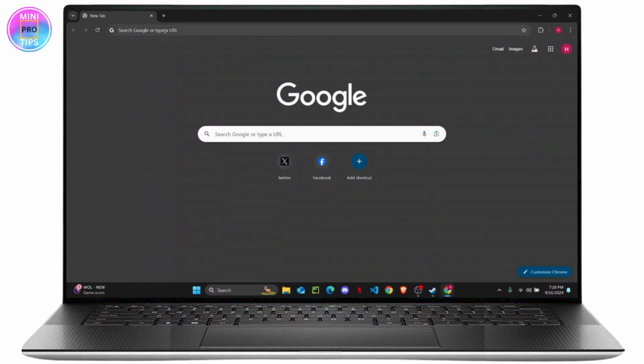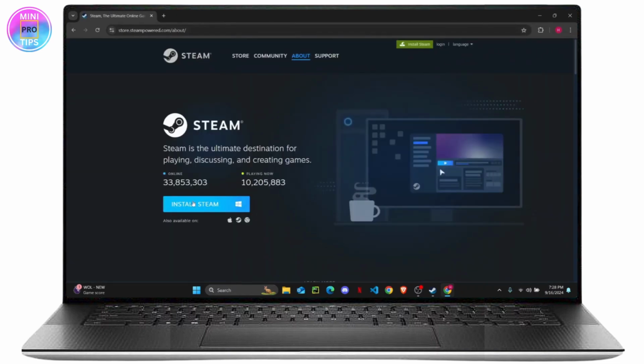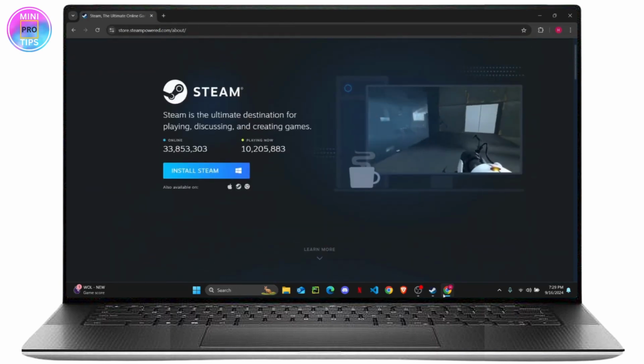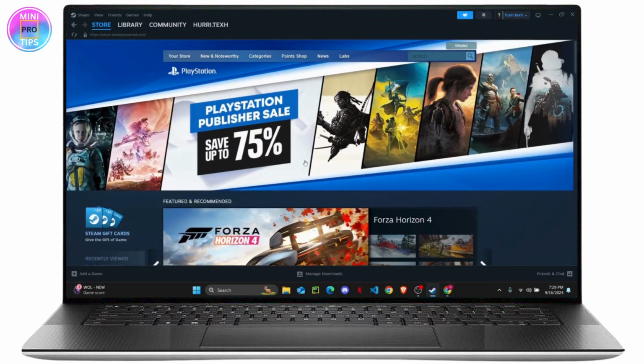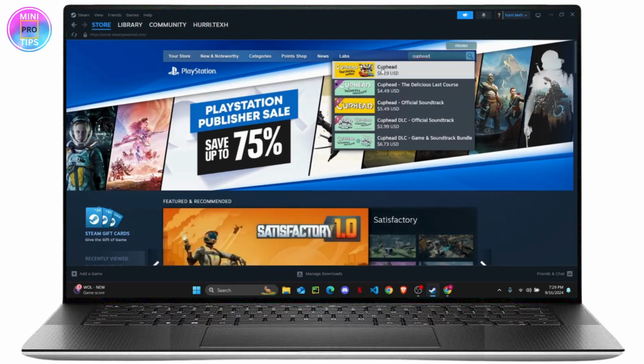If you don't have it, just open your browser and search for Steam download, and this website will pop up. From here, you can install Steam on your PC. It will download an exe file, and from there you can install the actual application. So once you have installed the application, make sure to log into your account, or if you don't have one, just create one. And on the search bar, you just search for Cuphead, and it will show up right here